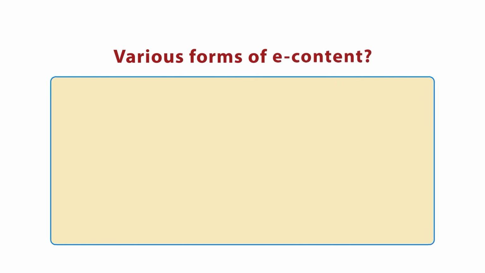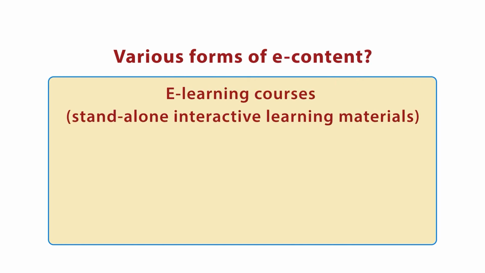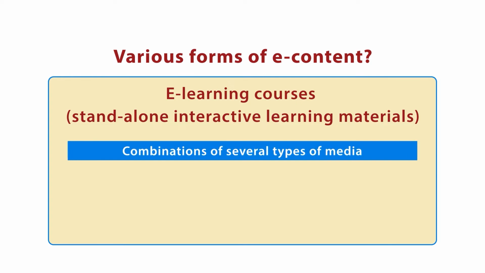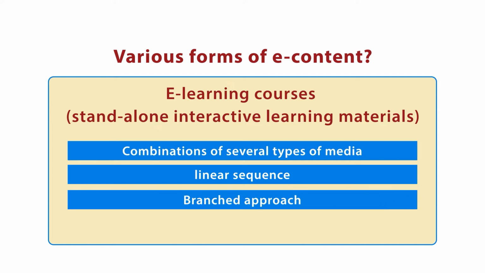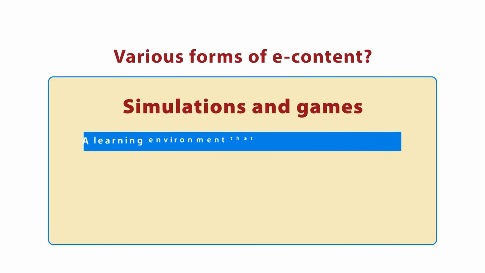If it is a complete course, meaning a standalone interactive learning material, it can be a combination of several types of media. It can be arranged in a particular linear sequencing or it can be adopted by a branched approach. Simulation and games: a learning environment that simulates the real world. At present, augmented reality and virtual reality are coming in a big way as simulation and games as